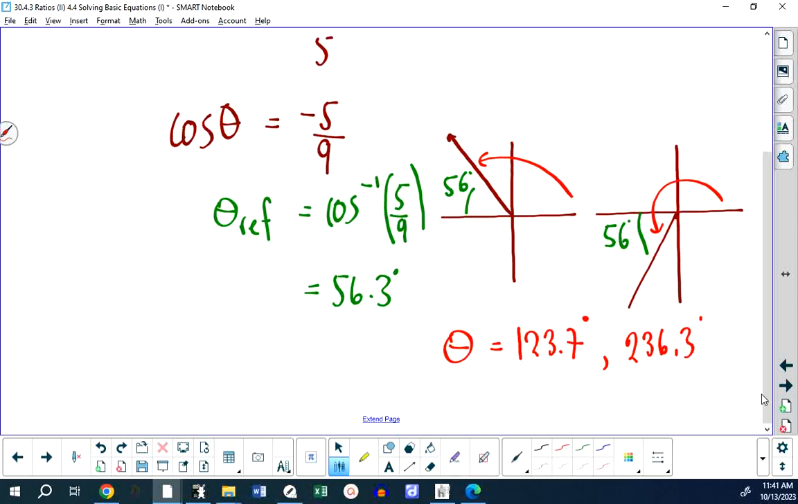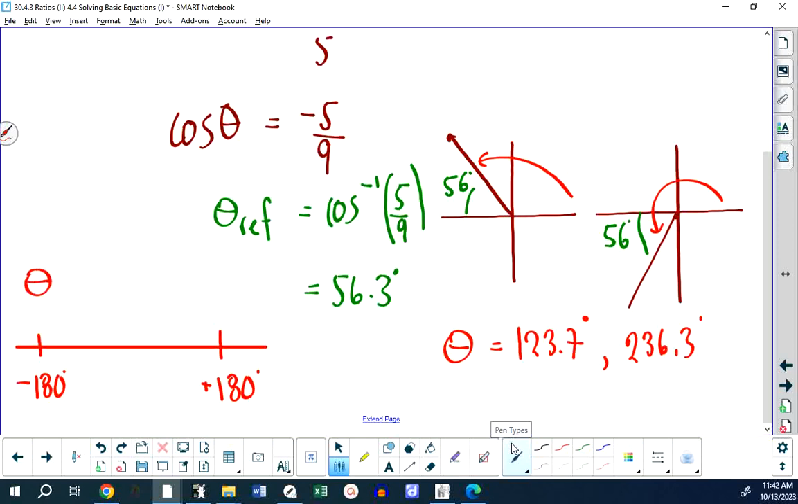I think you could finish this question without a number line, but I'm going to put the number line anyway. We do not want from 0 to 360, even though that's what I did. We want from negative 180 to 180. Let's start with the 123.7. Is 123.7 degrees in this domain? Yes. So theta equals, I'm going to make my official list now,